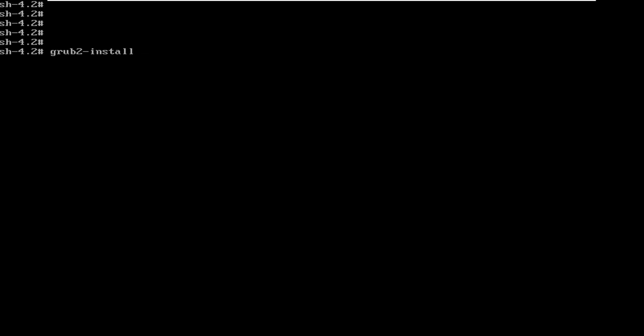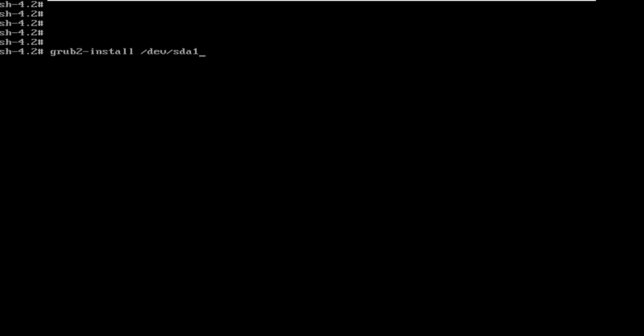You have to mention which partition or which hard disk we have to install the grub on. Our grub is not corrupted, so we will not do that, but this is the way you can reinstall the grub. So this is the last option you have for resetting or recovering your system.